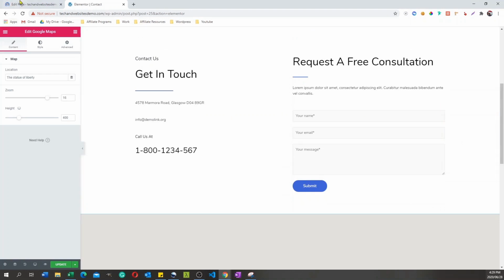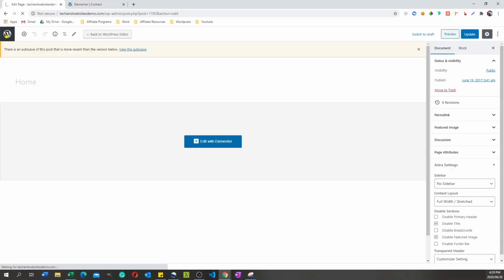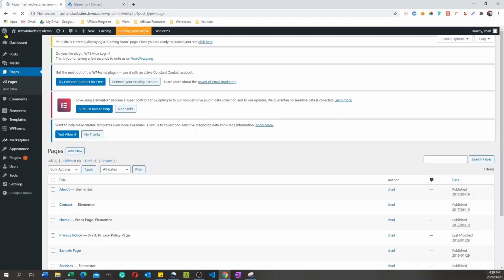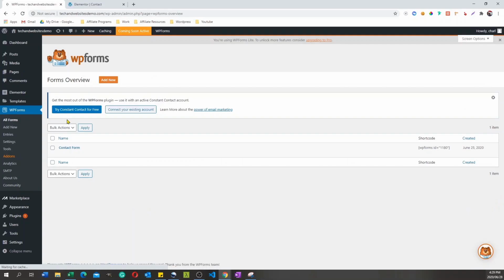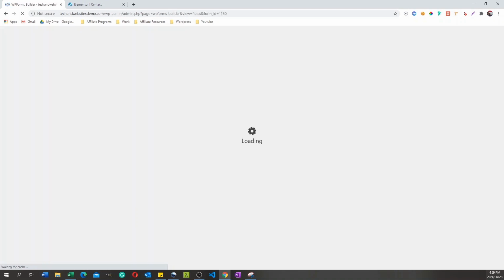Alright, to go back to our form, simply select the WordPress dashboard. And I'm going to show you how you can add or remove a form from your website. So you want to hover over WP Forms and select All Forms. This is going to take us to forms that we have selected on our website. Click Edit on Contact Form,